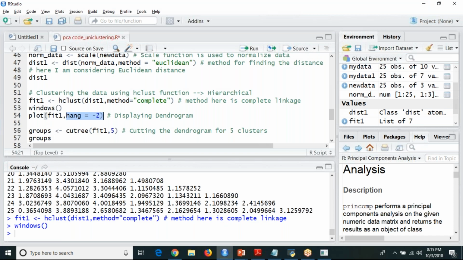I've shown you this. ang equal to -1 or -2. It is not for rotation. It is for the alignment of your x-axis, because otherwise it will not be in a proper format. So that's the reason I'm going to use ang equal to -2 or -1 and display your dendrogram.